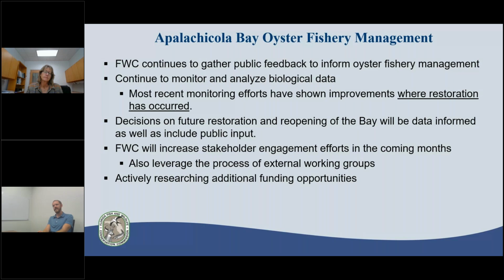So overall, the decisions on not only future restoration, but reopening of the bay and how that looks, what type of management scenarios are utilized and employed in that management, they'll be data informed and they will include public input. We also continue to increase our stakeholder engagement, and we will continue to increase that even more come 2025, but we are leveraging the process of many external working groups, for instance, the Partnership for Resilient Apalachicola Bay, really just gathering all the input, what they like, what they don't like, getting direction internally within FWC, and